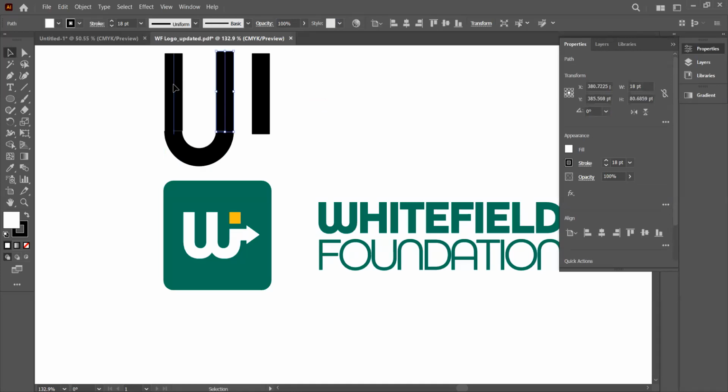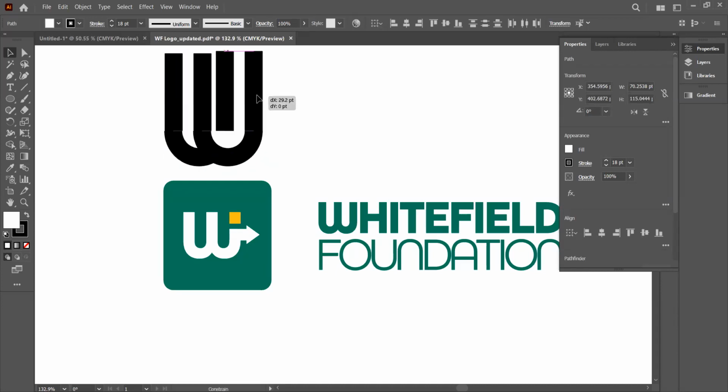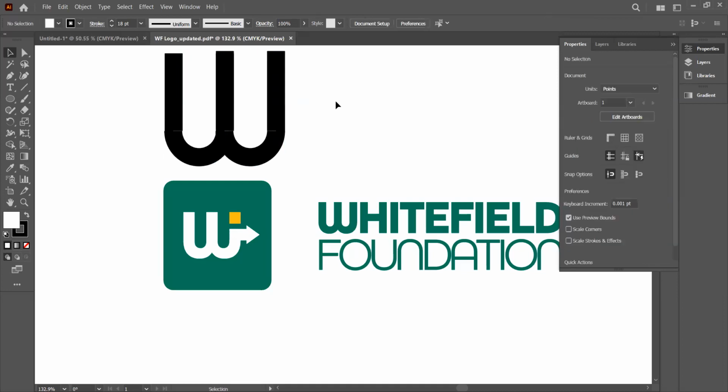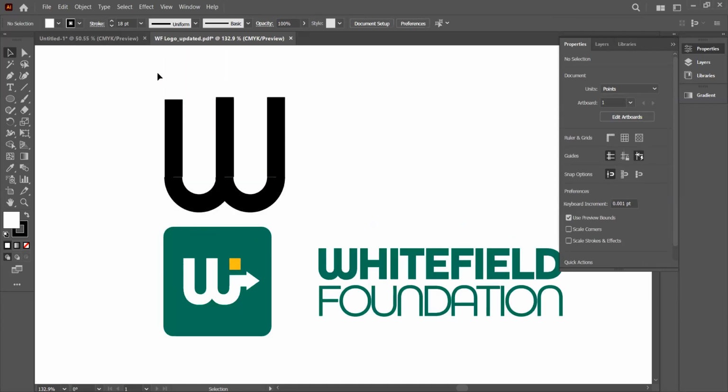Then after that, I duplicate it. In fact, I can even remove this one and just Ctrl+C, Ctrl+F, then move it to the right. Can you see that I'm even creating a font now? This is W, on my own. This is what Illustrator will allow you to do. You can draw anything with Illustrator. I'm telling you the truth. It gives you that flexibility.